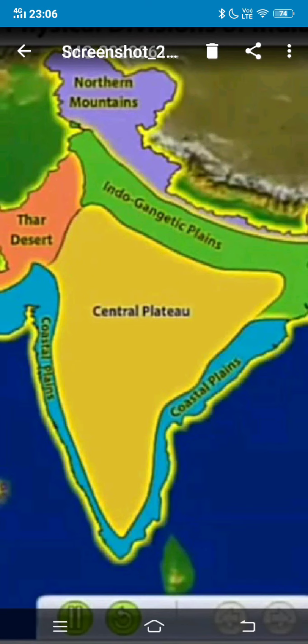Now before we proceed, let us revise what a plateau is. We have already studied it, isn't it? Yes, it is land that is elevated from the surrounding area and flat at the top, just like a table. A table is flat, isn't it? So we even call it tableland. A plateau region is also called tableland. Unlike mountains, these don't have any peaks. Mountains have peaks, but plateaus are flat at the top.